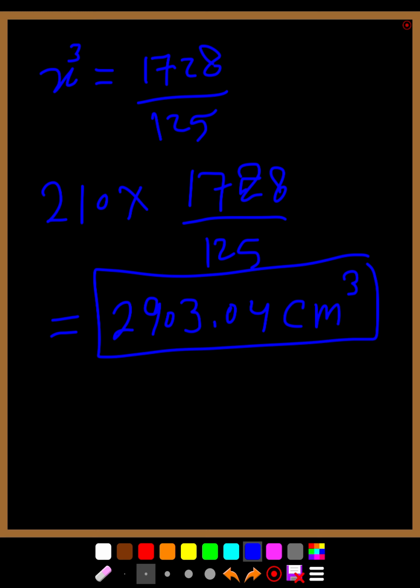There's another way I can find the solution without using the scale factor. What I'm going to do is take the volume of the first shape. For the first shape, the volume was 200